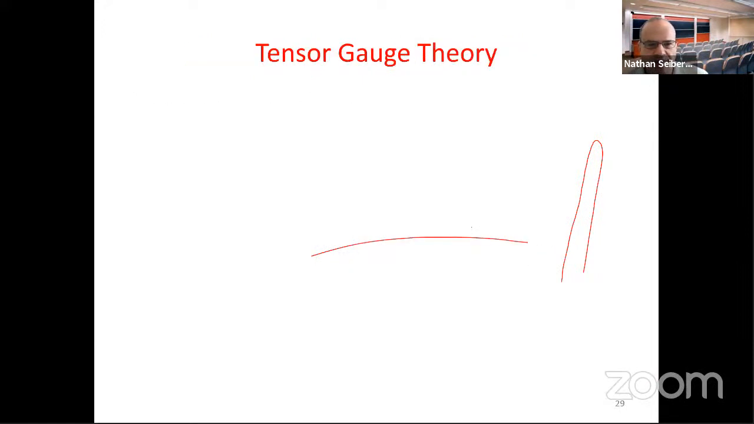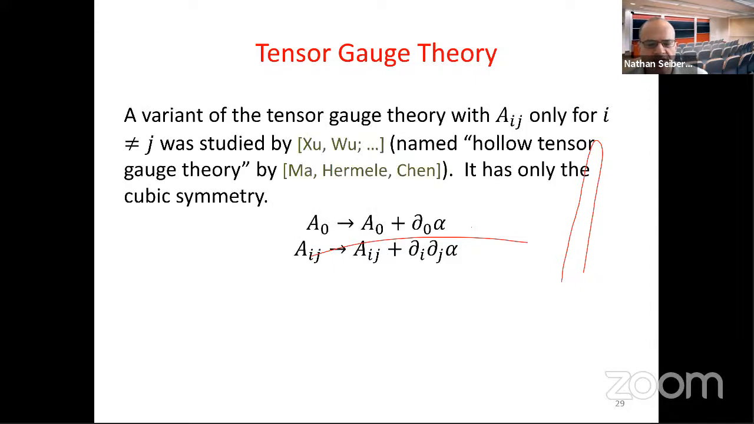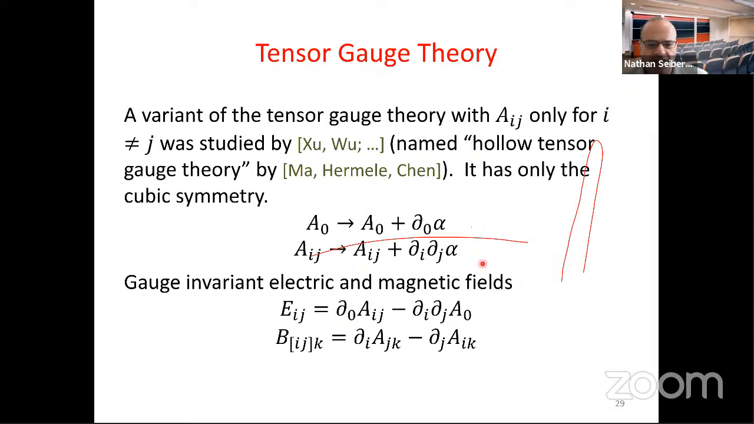So here is a typical example, tensor gauge theory. It's a variant of the tensor gauge theory I mentioned earlier. I had a scalar potential, A0, which transforms as a gauge theory like D0 alpha. And instead of vector potential, we have a tensor potential, which transforms like the double derivative of alpha. But unlike the model I discussed earlier, we take i not equal to j. So we restrict the allowed tensors. And again, we have an electric field and a magnetic field. I don't anticipate people to follow all the details, but you'll soon see where I'm heading and why I think